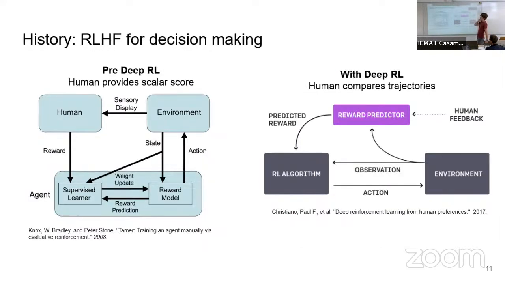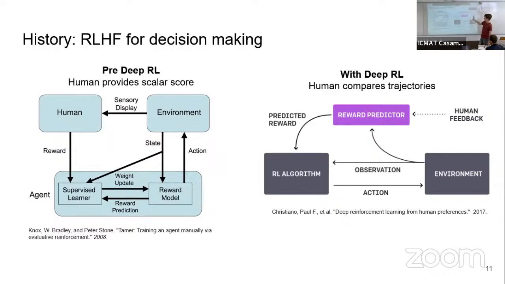So of course, reinforcement learning from human feedback is not new for LLMs. It was applied before, typically by DeepMind, in robotics, in which we have some robot that has to move around an area, and we have some human feedback, which is a human telling if the trajectory is good or bad.